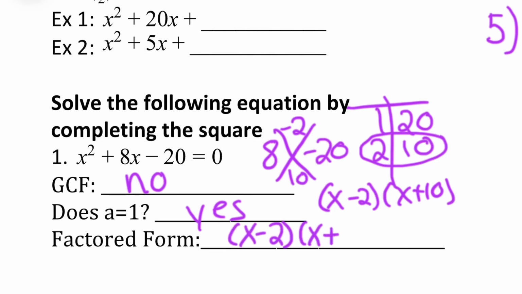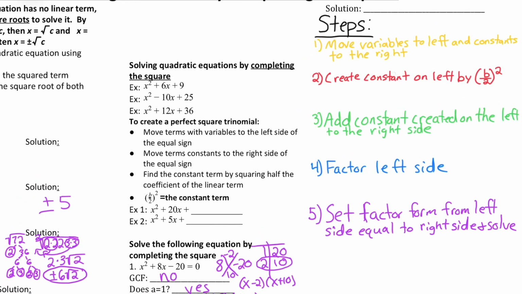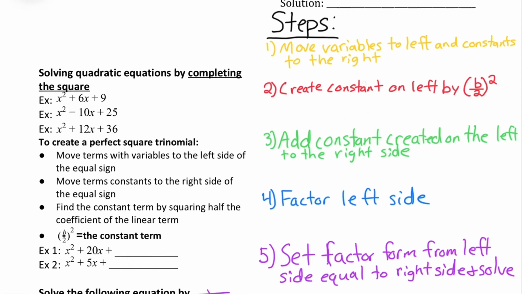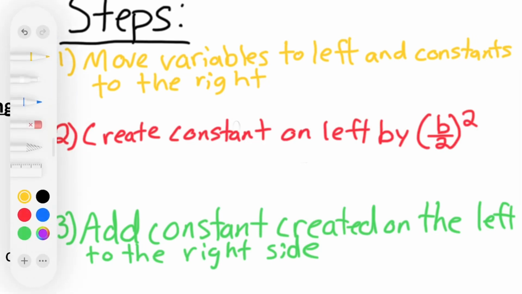But what if we could not find any magic numbers? Well, we're going to go through these steps to get us our magic numbers if we could not find our magic numbers through our big X method. So the first step is to move variables to the left and constants to the right. So we're going to go from x squared plus 8x minus 20 equals 0 to